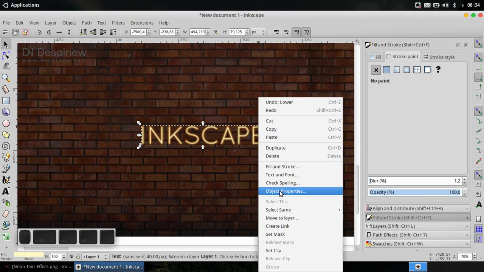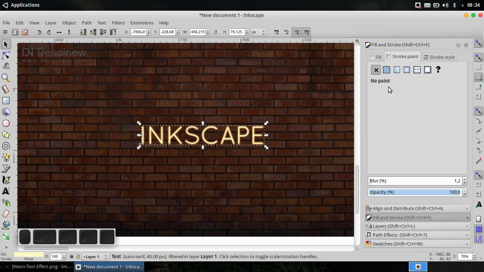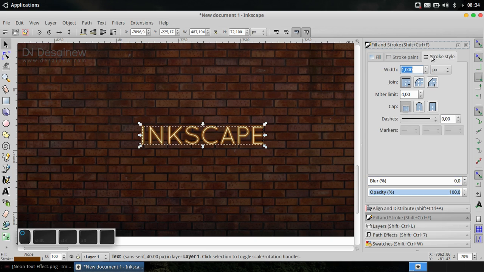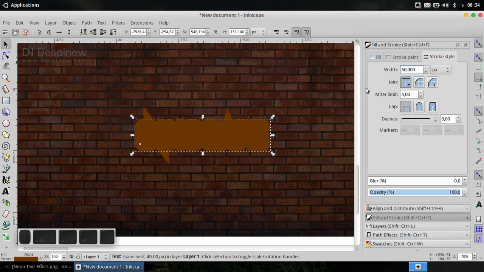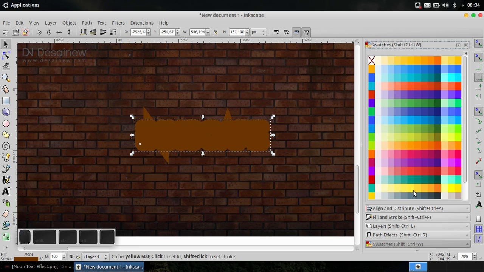Duplicate this object, enable stroke paint and no fill, and blur is 0. For stroke style it is 60 pixels, and give a yellow color, yellow 600 with hold shift.